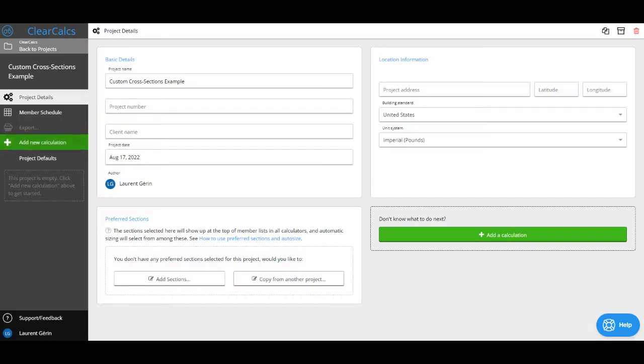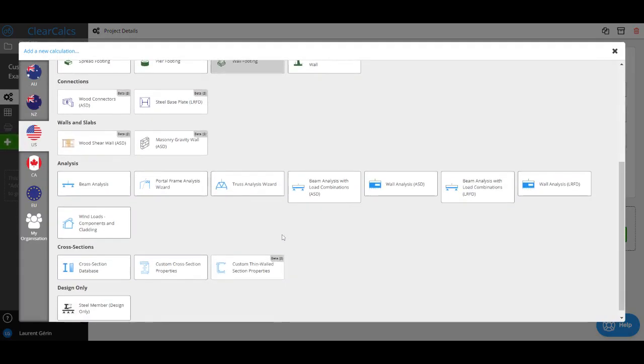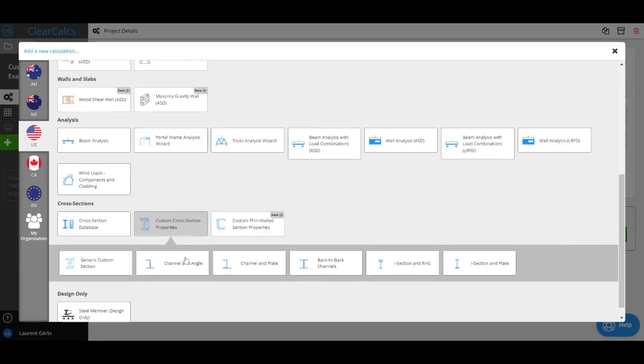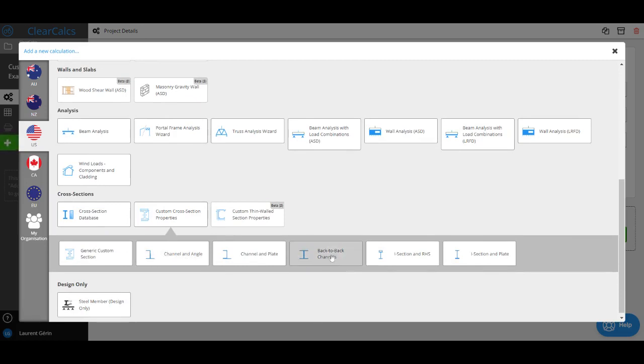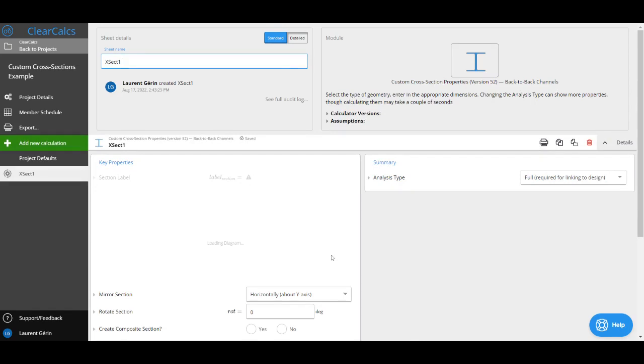Hello, today we're going to look at some examples using our custom cross-section calculator. So I'm going to come here and create a new calculation. I'm in the US standard right now, but this will work as well in Australia, New Zealand, all of our different building standards. So if I go to the custom cross-section properties area here, click on here, let's start with back-to-back channels. So once I create this,